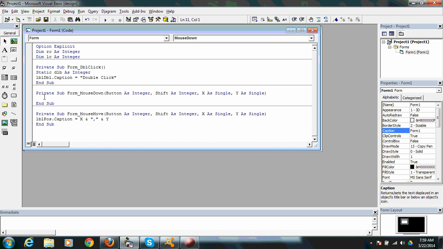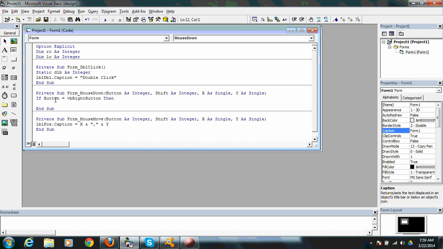In the mouse down event, the integer Button will provide us the button. If Button equal to vbRightButton,